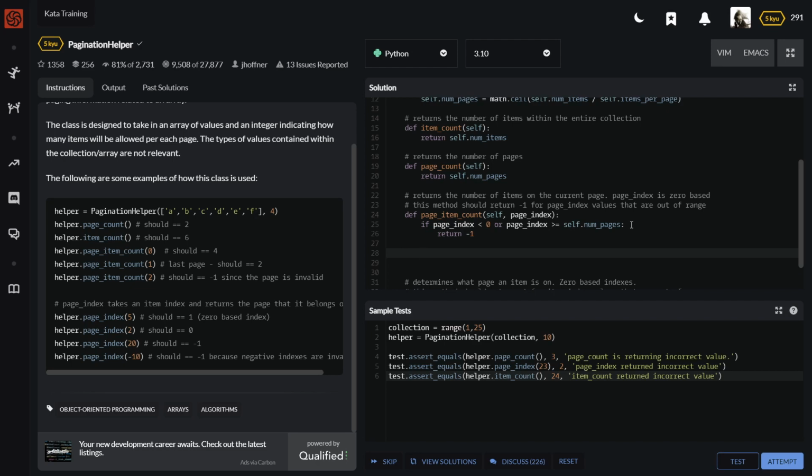All right. That should take care of our errors. And now we need to check if we are on the last page. So if the page index equals self.num pages -1, so if we're on the last page, then we're going to have to do our fancy math. So the fancy math is num items. Oh, we can just return this. Return self.num items mod